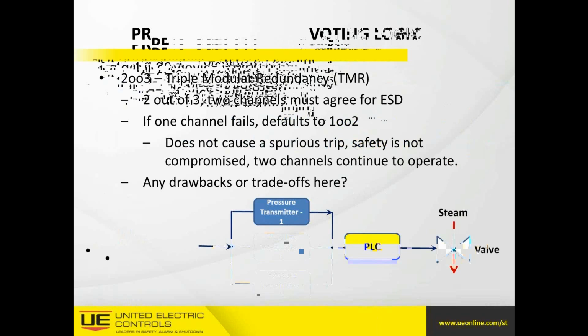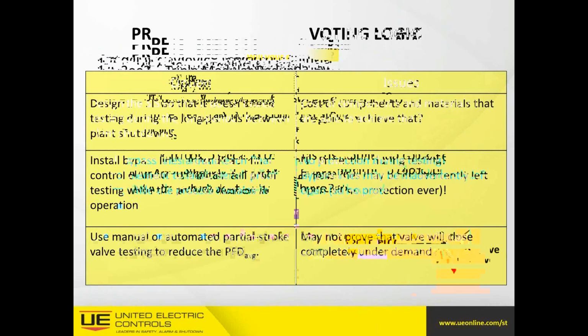And then, of course, the major underlying question is really: the higher the safe failure fraction, and the more levels of technology I can buy in a device to tell me it's working or not, could allow me to draw out or increase my time interval of proof testing. So the better the device, the longer that time could go. But again, that time and all that data has to come from that FMEDA. How well can I rely on this device in order to stretch out the proof testing interval? So again, proof testing is a large discussion and requires